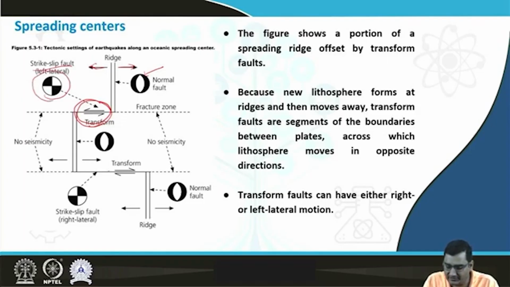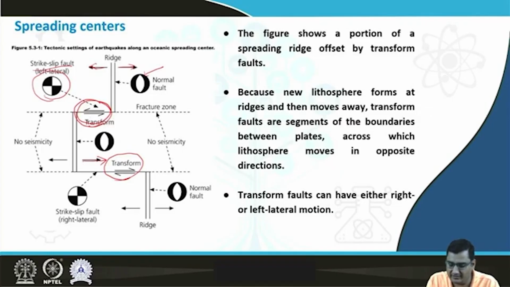And you can see there is another transform plate boundary here. Here you can see the movement of the other plate is in the right direction, so it is a right lateral strike slip fault, or you can say the right lateral strike slip transform plate boundary. And as you move away in the opposite direction along the plate like this,